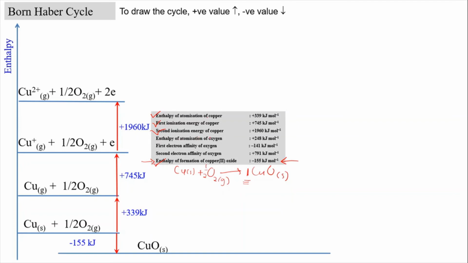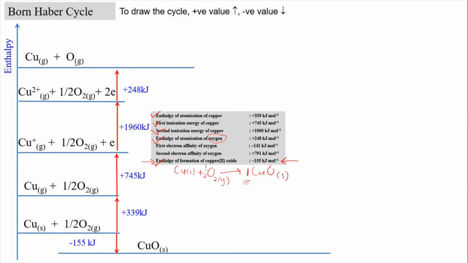Now we focus on the oxygen part. Okay, atomization of oxygen. So from oxygen molecule, we need to convert that into oxygen atom. So enthalpy of atomization of oxygen. Okay, so O2 molecule becomes oxygen atom, and this requires energy as plus 248 kilojoule. And then